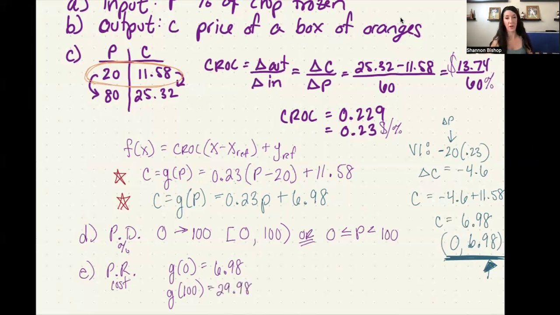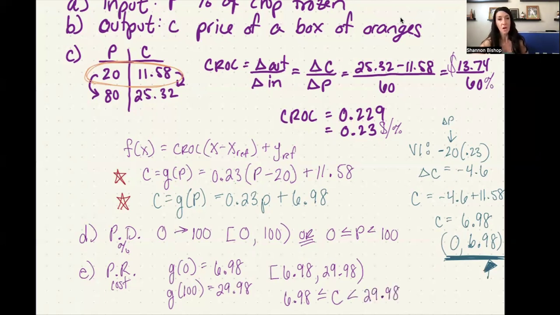29.98. So that right there tells me my upper and lower extremes for the cost of a box of oranges. So again, assuming that nothing is frozen, they would have been 6.98 all the way up to, but not including, everything frozen, which would have been 29.98. So notice the parentheses. Or if we wanted to do inequality notation, it would be 6.98 less than or equal to my output variable C, which is up to, but not including